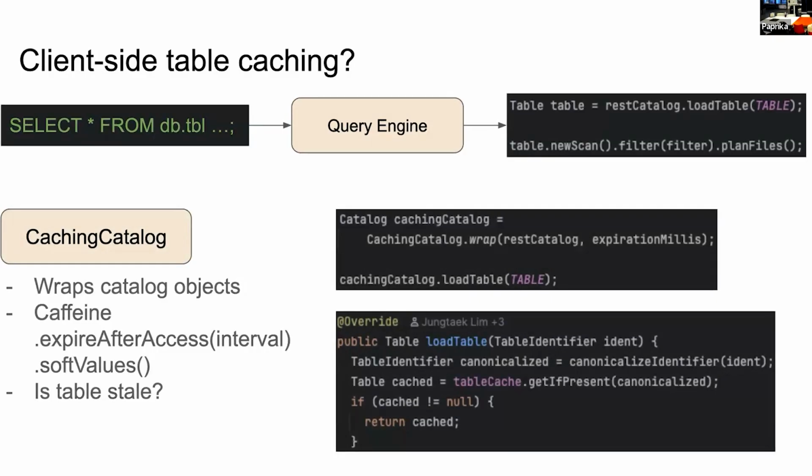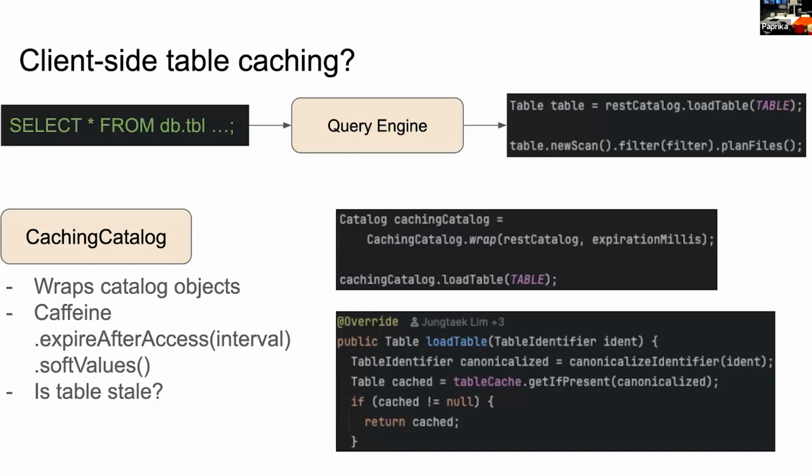This is provided by the Iceberg library. So how it behaves is that on the client side, when you construct your catalog instance, so let's say it's a REST catalog, you can wrap it into a caching catalog. So every time you want to load a table, this wrapper first goes to the cache and checks whether the table is there or not. If it's there, it's fine, I will answer the query from the cache. If it's not, it goes to the underlying wrapped catalog and loads the table through it and then puts it into the cache. This is great for some use cases, and this can have some shortcomings in others.